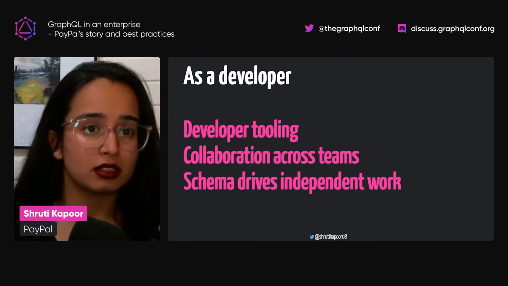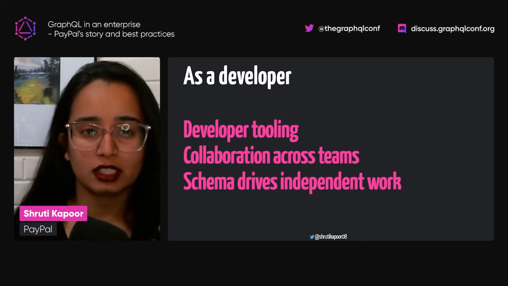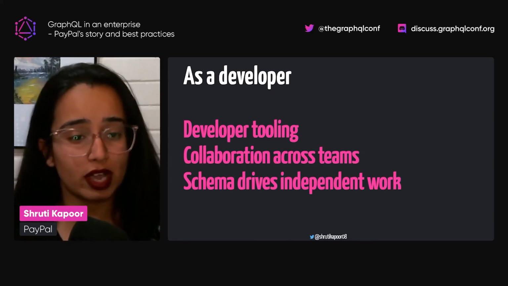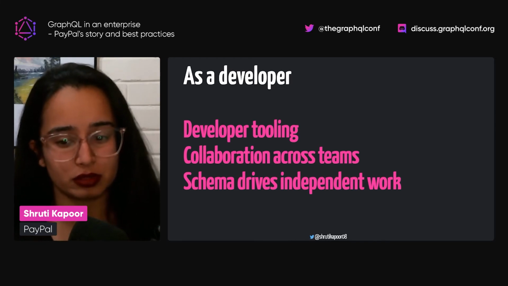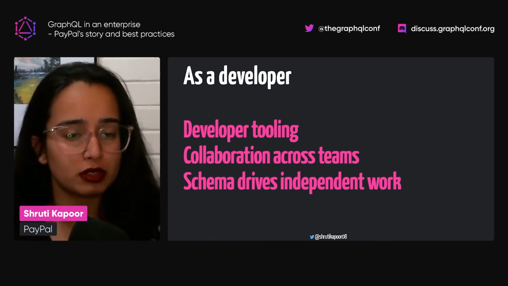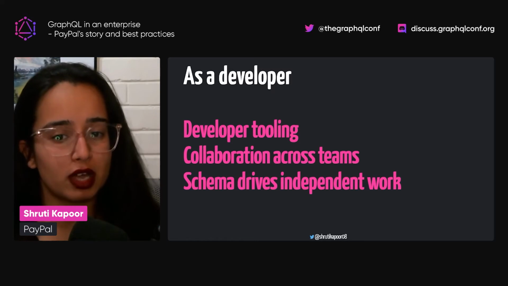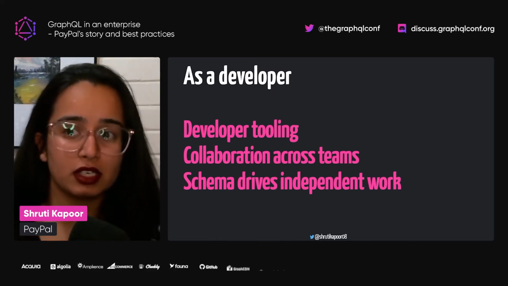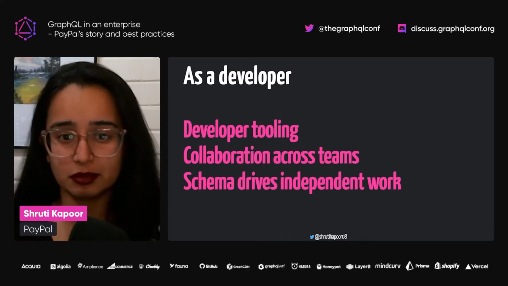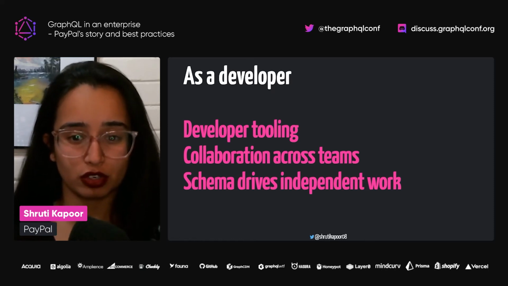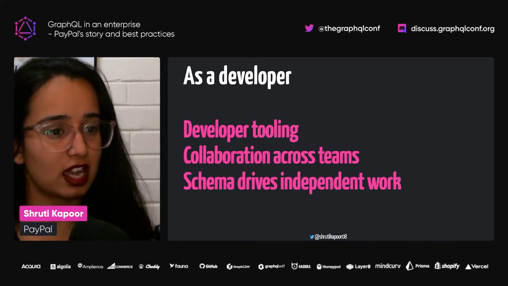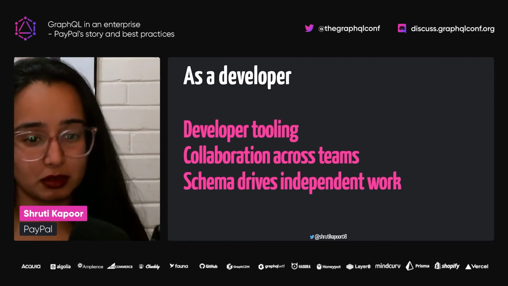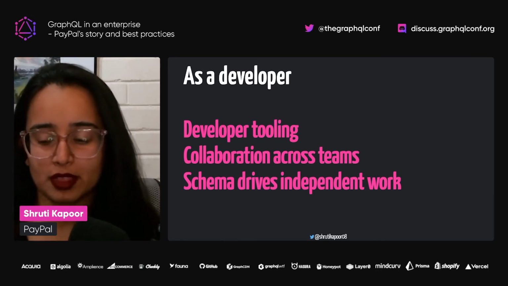It made sure that we were talking to our backend teams and to our UX designers, because the UI now started powering our schema. So we started developing these UI powered schemas, which were powering our UI apps. That meant that we increased the collaboration between our teams. We were talking to our backend engineers, our front end engineers, and our UX developers, and that helped increase collaboration across the teams.